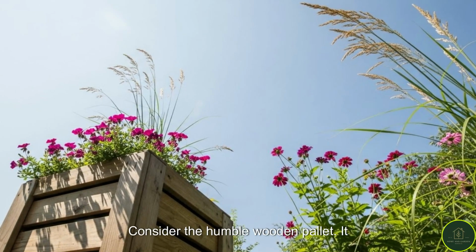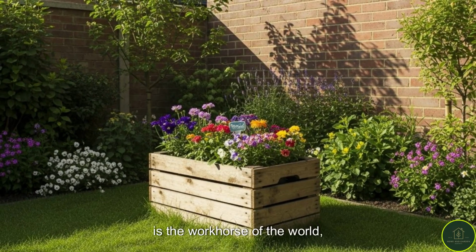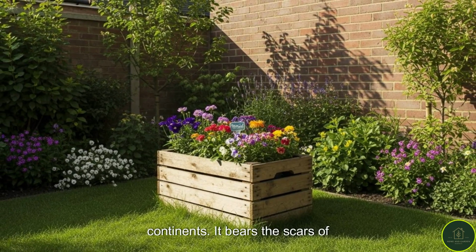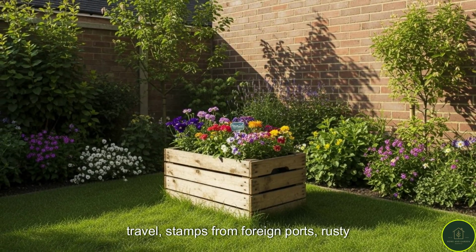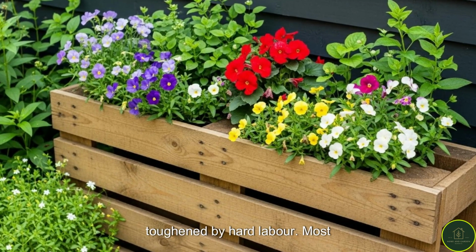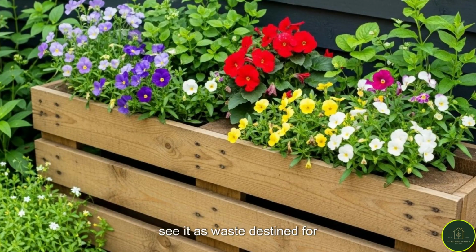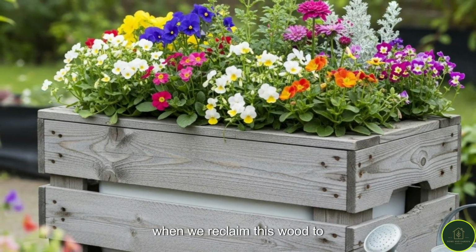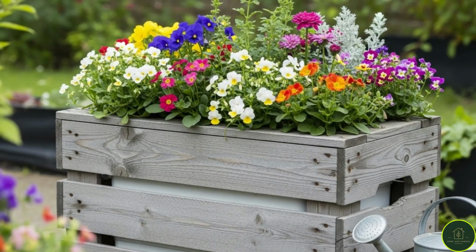Consider the humble wooden pallet. It is the workhorse of the world, carrying heavy loads across oceans and continents. It bears the scars of travel, stamps from foreign ports, rusty nails, and wood that has been toughened by hard labor. Most see it as waste, destined for the fire. But we see potential. When we reclaim this wood to build a crate for our garden, we are giving it